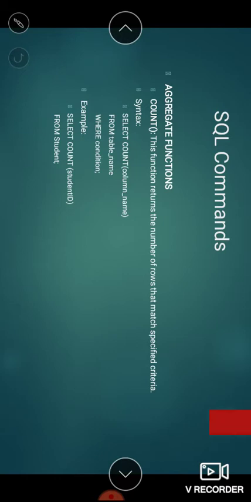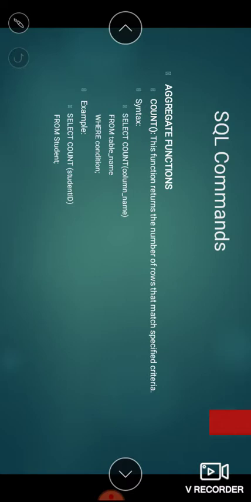So what this command will do, here we have not specified any condition. So this will simply count the number of students. These aggregate functions basically discard the null values. So if any student ID is absent or it's not there in the table, it will be discarded.